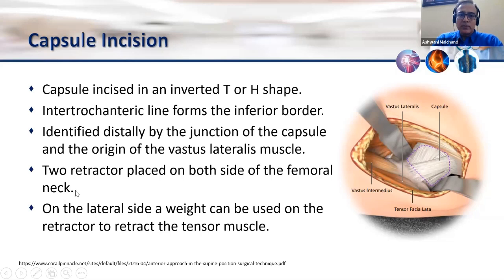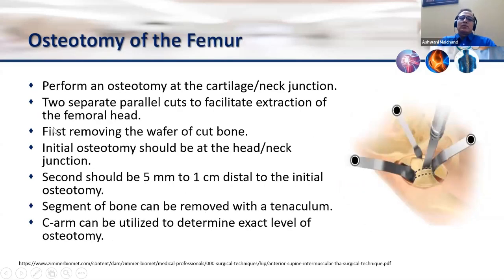On both sides of the femoral neck, we put retractors: one medially, one superior, and one inferior. Some people use a weight, which means you need one assistant less. So this is the standard osteotomy, but there are some very good points mentioned here. They advise that we should make two cuts in the neck and remove that wafer in between, and it makes removal of the head easier. In the video they showed that we should put a Steinmann pin and take it out. Actually, what I use is a Schanz pin instead. It grips the head better, and it makes the removal of the head much easier.